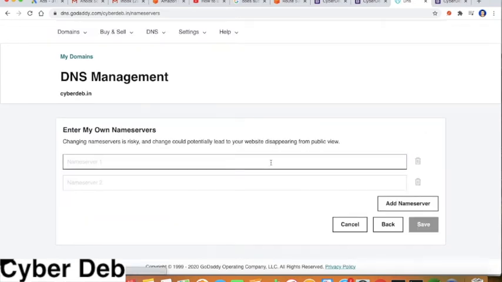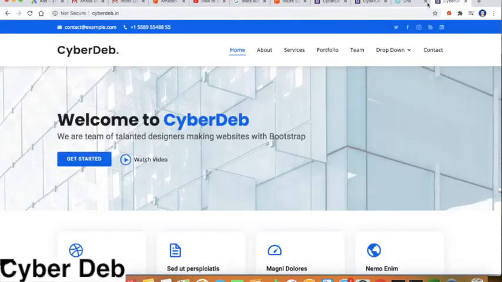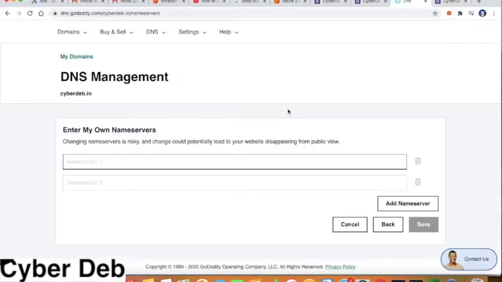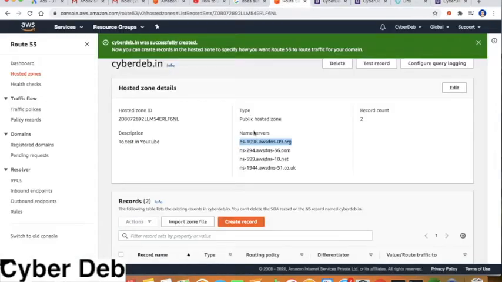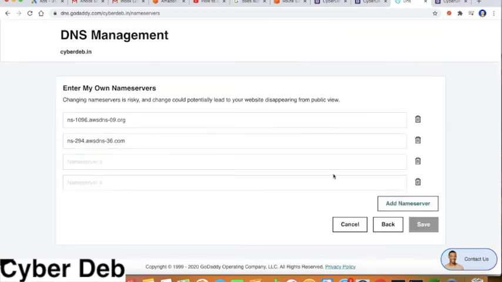So here 2 text fields you are getting. One by one we can copy these name servers. Let me do it very quickly. First one, second one. 2 fields are there, but we need 4. So another 2 we will create.